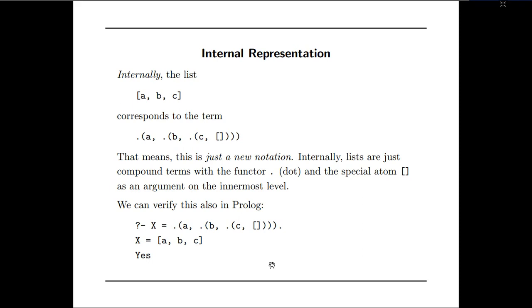If you see it in terms of atoms, then bracket open a, comma, dot. Dot means it is used for concatenation. That means it will be represented within the list like this. So we can verify this in the Prolog program like this. X is equal to dot bracket a, comma, dot bracket b, comma, dot c, comma, empty list. Then finally it will give you the value X is equal to a, b, c, and finally it will give you true as the value.